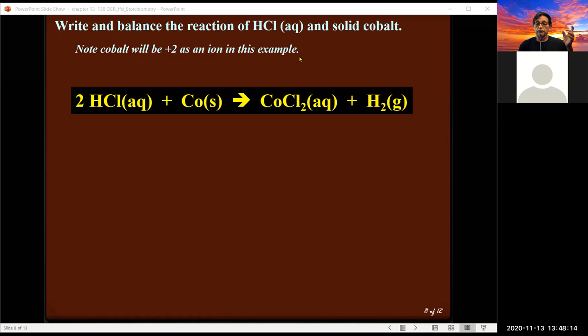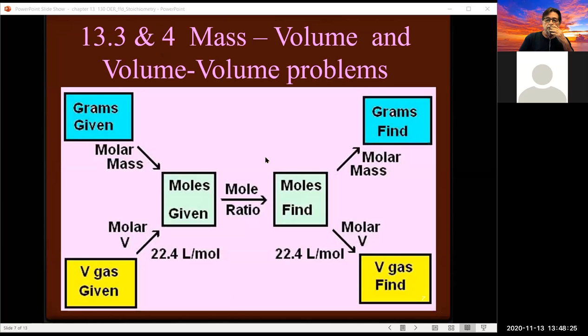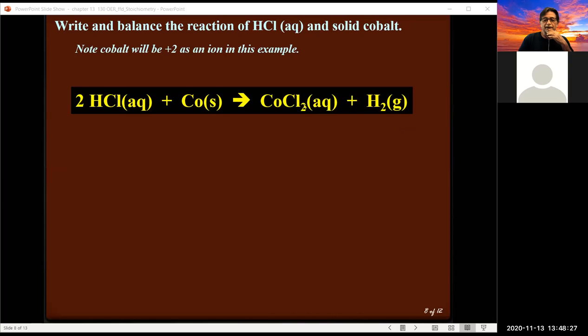2 chloride plus hydrogen gas. Okay. Now, how do we know that reaction proceeds? Well, if we look at the activity series on the periodic table, we will find that cobalt,